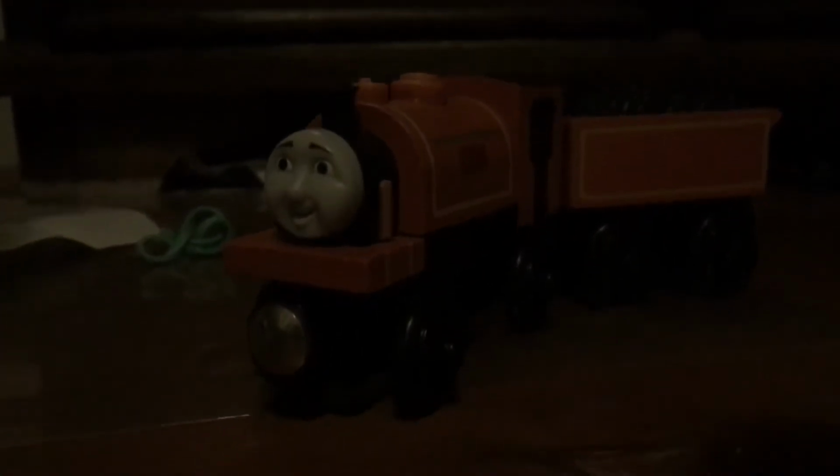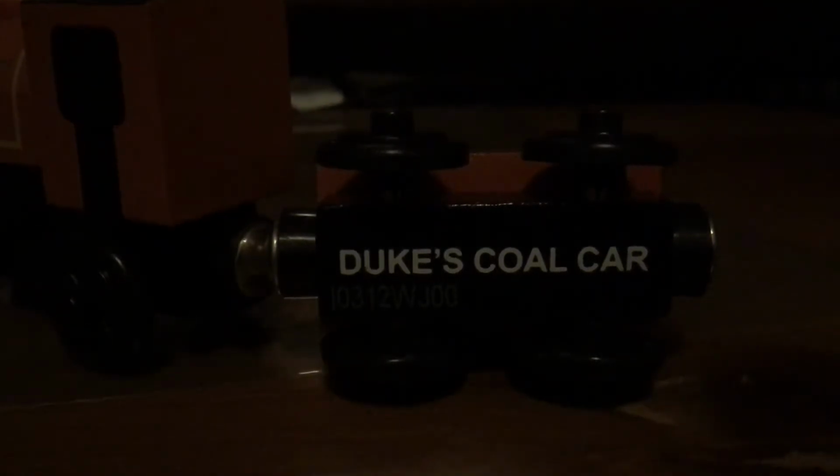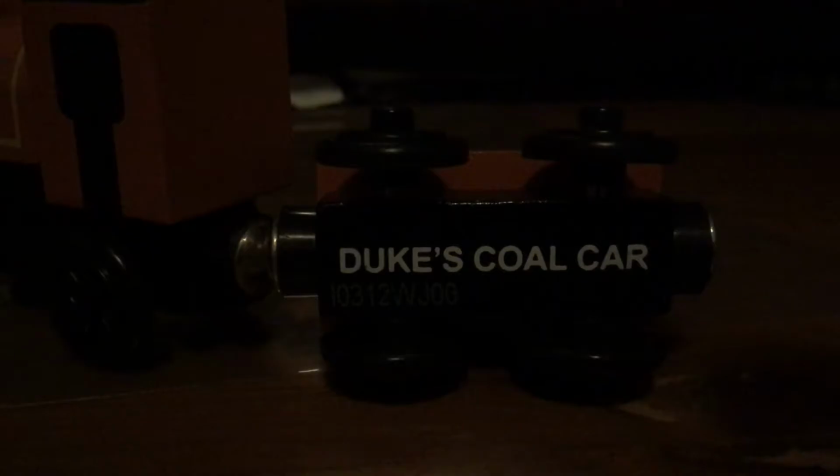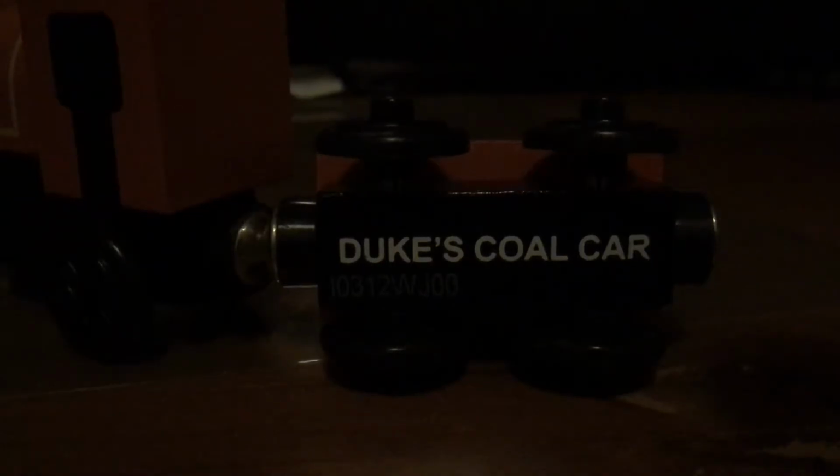And what I mean by that is, Learning Curve does have a failed attempt in this model. It's still a great model, but there is one thing that puts it down. If you look right here, if I could just... there we go. The Duke's tender says Duke's coal car. Now, in the TV series and the Railway series,